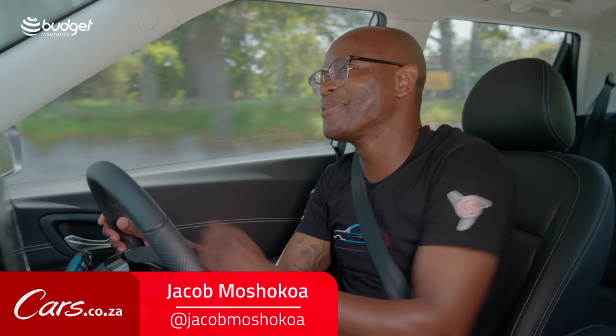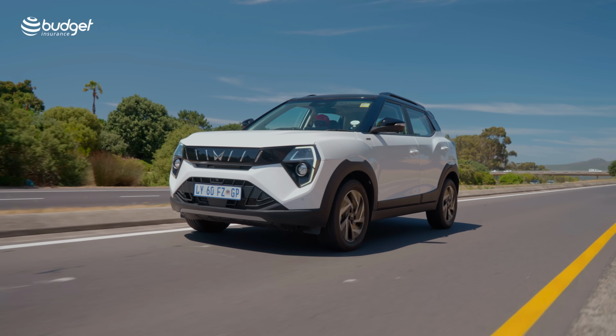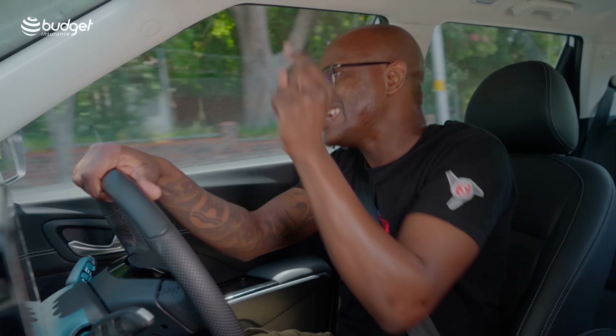My name is Jacob Moshokoa, coming to you live from the fairest Western Cape. Beautiful area of the town, it's Wynberg. I'm doing some city slicking, and I'm driving a new offering from Mahindra. This is the XUV 3XO